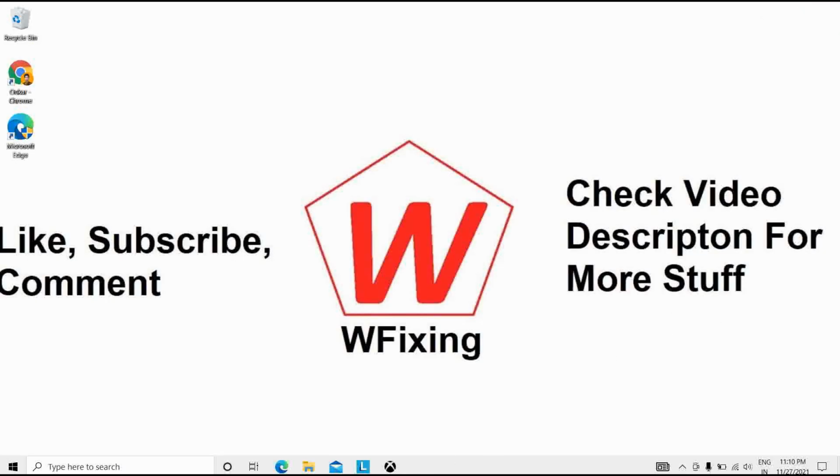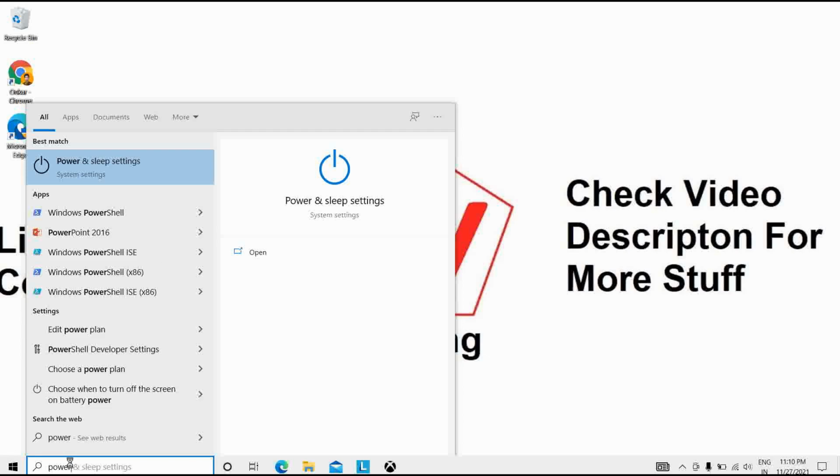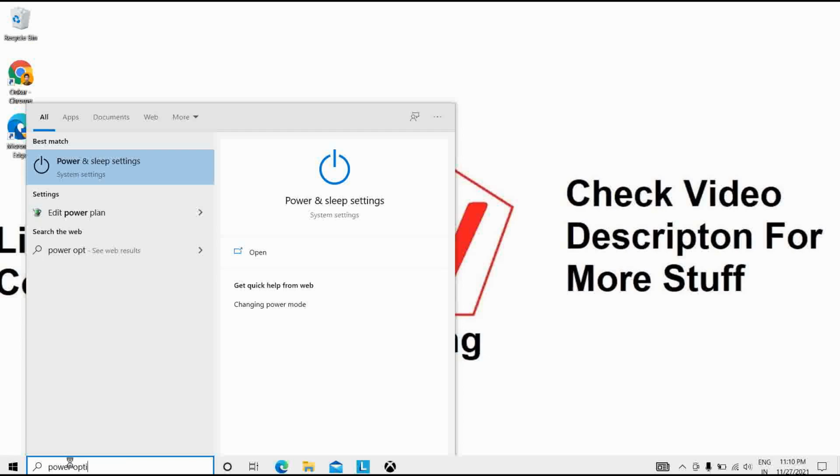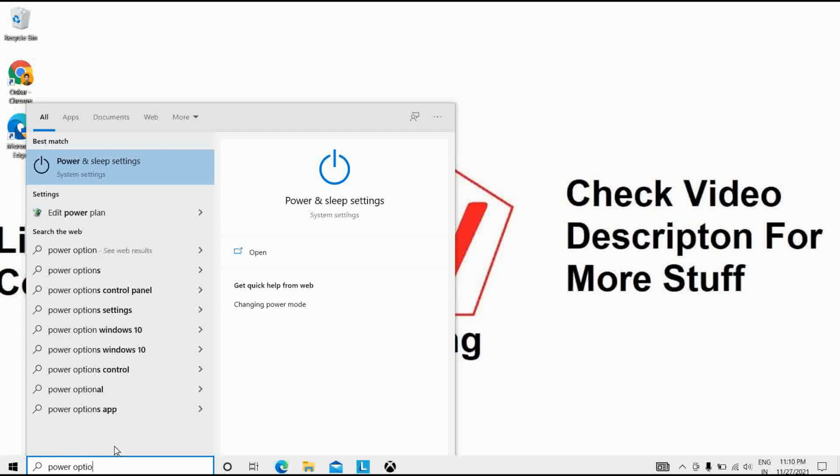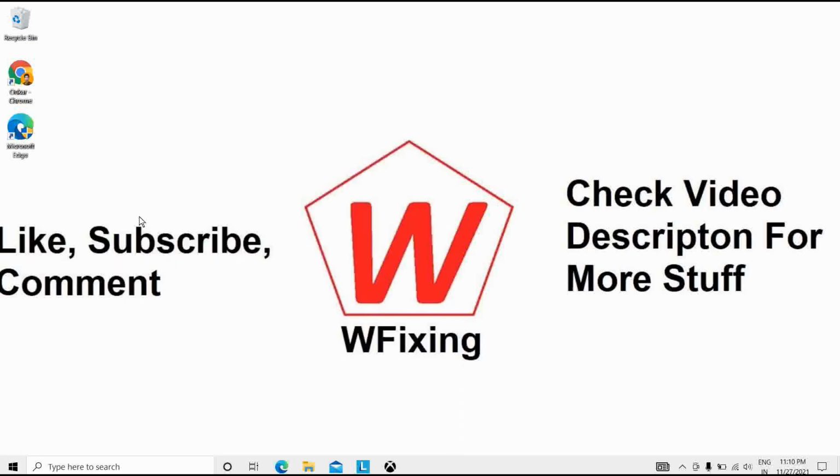The next one is power options. Some power settings can throttle the speed of your CPU, whether you are on a laptop or desktop. So I will type here power option, then Edit power plan.